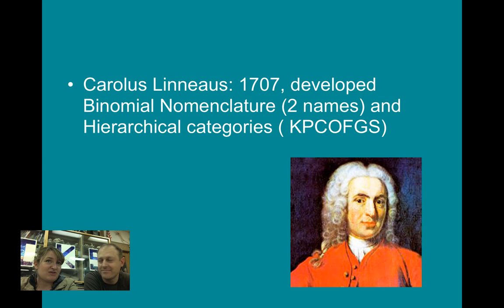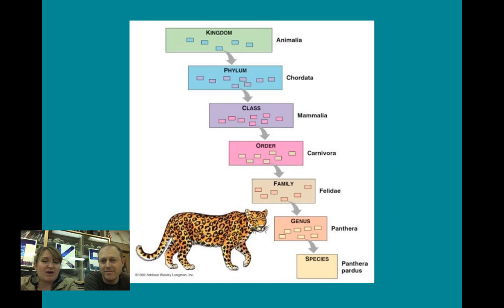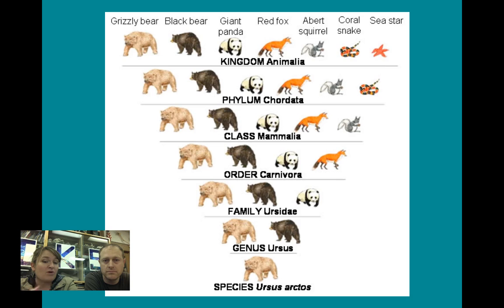In class, you are going to have to come up with your own mnemonic device to help remember that. But basically, how does that break down? It goes from big groups to smaller groups, and each group has common characteristics. They can be characteristics based upon what they look like, what kind of life they live, how they function, their habitat, or their behavior. So we're looking for similarities, and then you get down to really specific. To name it, we use both the genus and the species for that name.